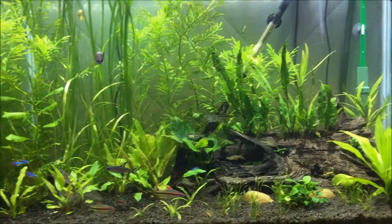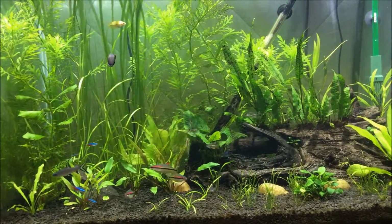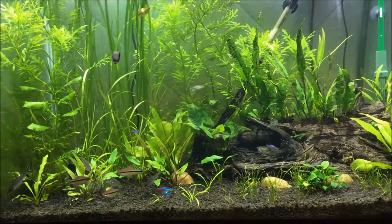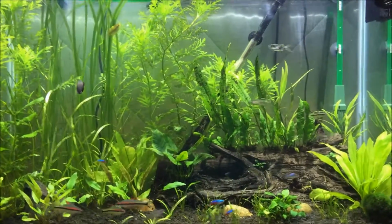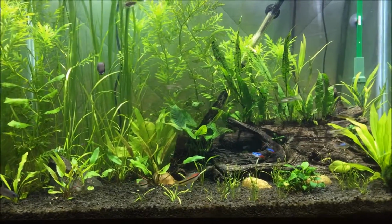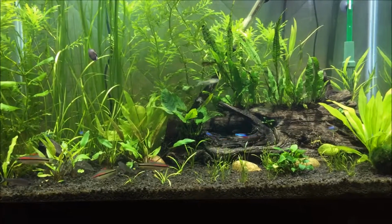I would go with, for my plan B, Phoenix lights, because I have them on all my other tanks and they're fantastic. I have plants taking off like crazy in them. I just added some corkscrew val in my 30-gallon tank and it's propagating like crazy. That's due to the lighting and substrate and stuff, but the lights just grow plants like crazy. I would definitely recommend Phoenix